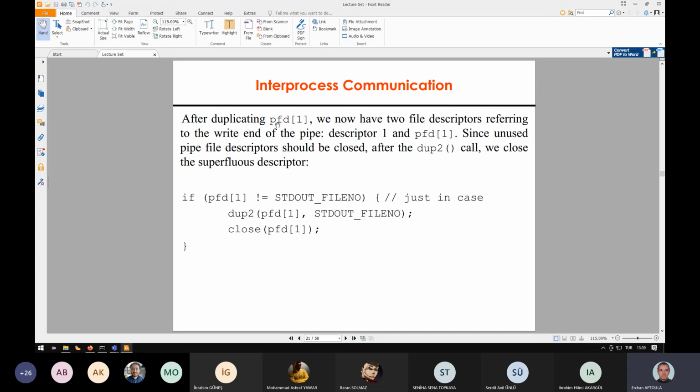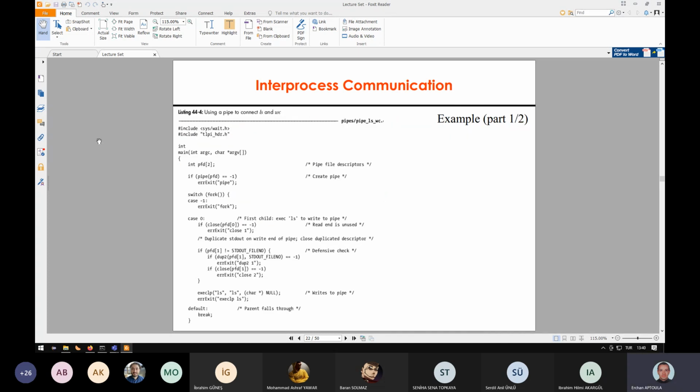Now, of course, after duplicating PFD1 using dup2, you have two file descriptors pointing to the same end of the pipe. So you have two file descriptors pointing to the writing end of the pipe. Since you don't need two file descriptors for the writing end of the pipe, you need to close one of them. And of course, you are going to close PFD1 since you have accomplished your goal and standard output is now pointing to the writing end of the pipe. So if we put all of this together,